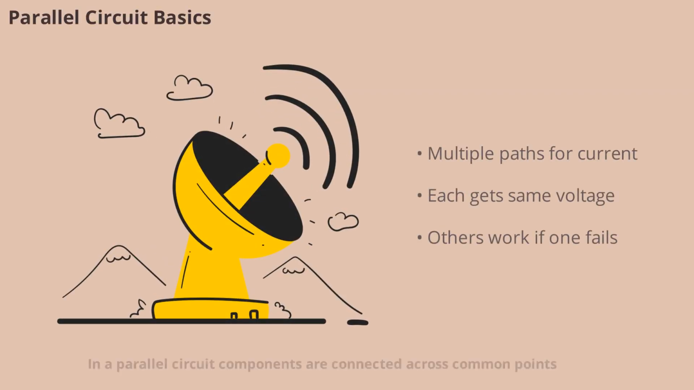In a parallel circuit, components are connected across common points, creating multiple paths for current to flow. If one path is interrupted, the others continue to work. This makes parallel circuits ideal for home wiring, where turning off one light doesn't affect others. Each component gets the same voltage, but the total current is divided among the paths, making this arrangement both practical